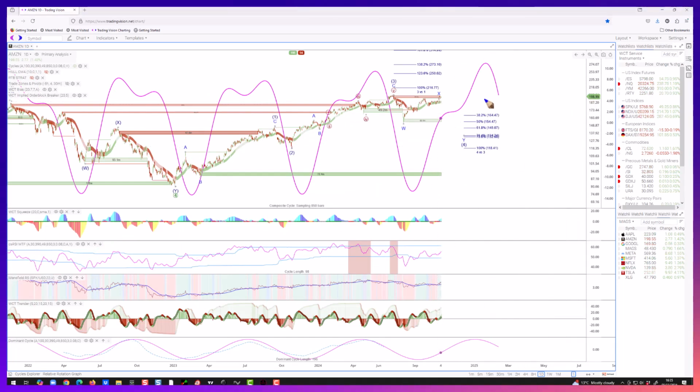So Amazon got that push up on earnings. It's right in a resistance zone, right back up at the recent high. But look at the cycles. They're suggesting sideways, then up. That would suggest that this wave 3 is not in. And if that's the case, Amazon's going to push up to at least 217. It could go all the way to 250.